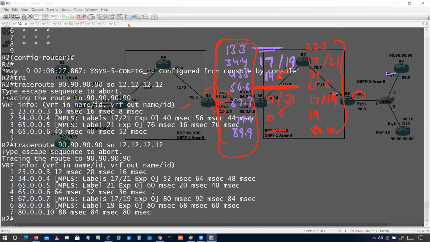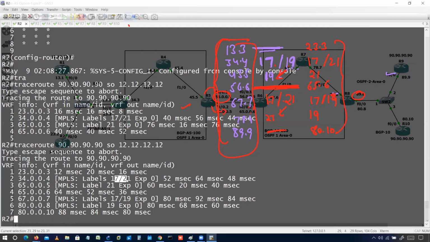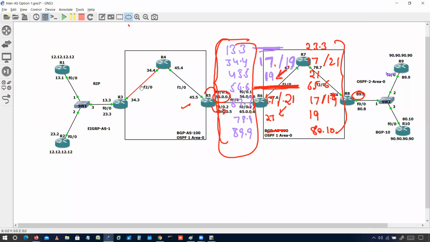That is fine. So till this point, what we have done is option A. I'll show you the labels also. In the trace, we can see we have two labels, right? I'll show you these two labels. Start capture.